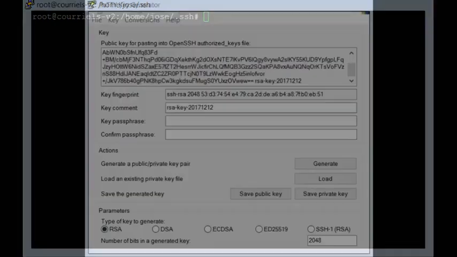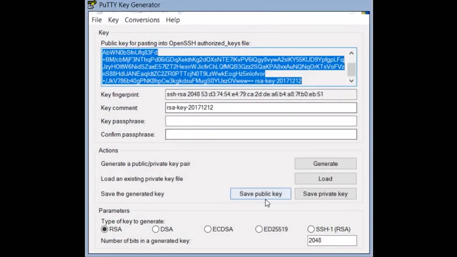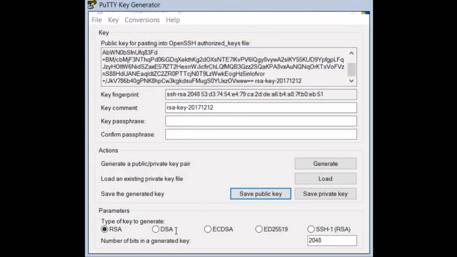So now I go back to PuTTYGen, save the public key for the fun. So I type in the name of the droplet, then the name of the user, then public key.key, and now save the private key.